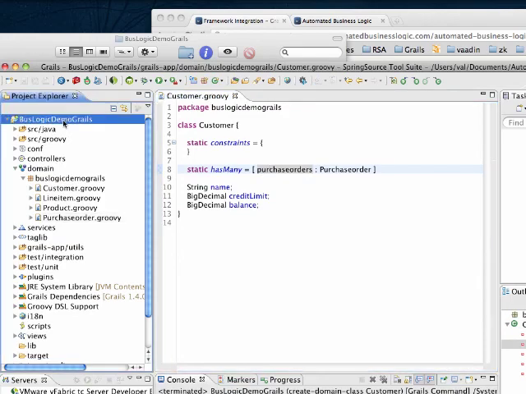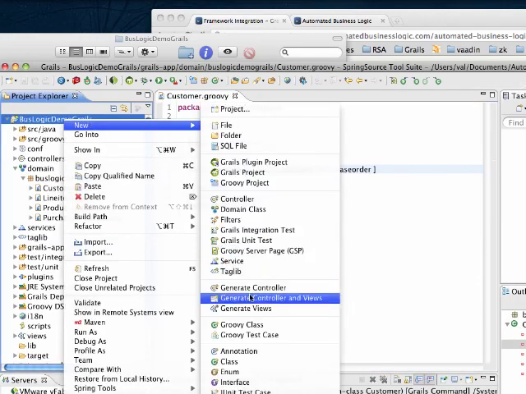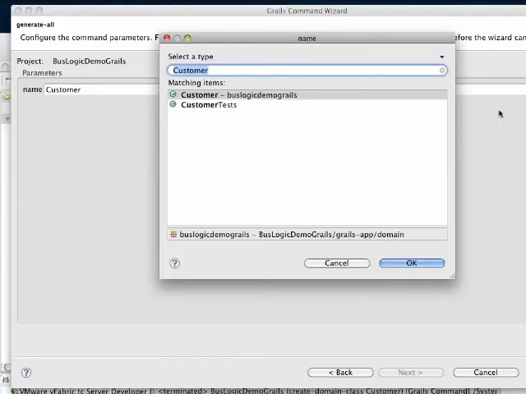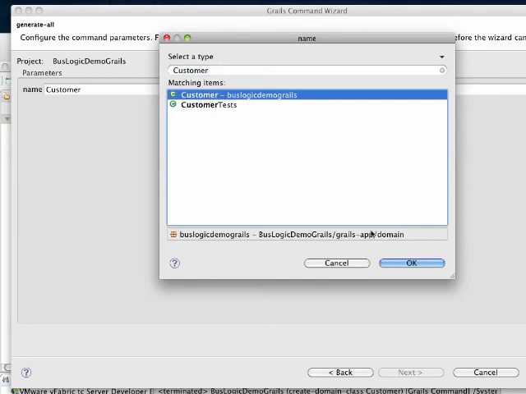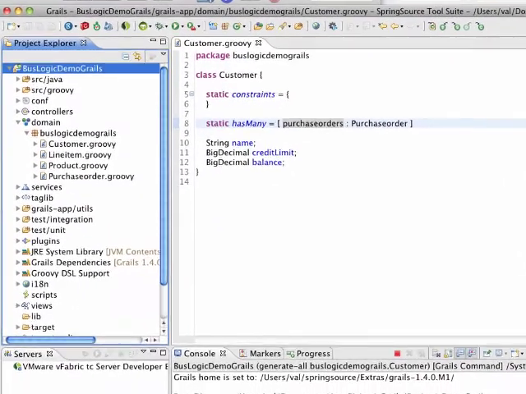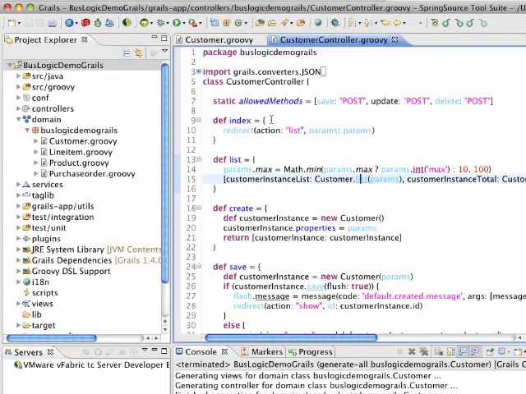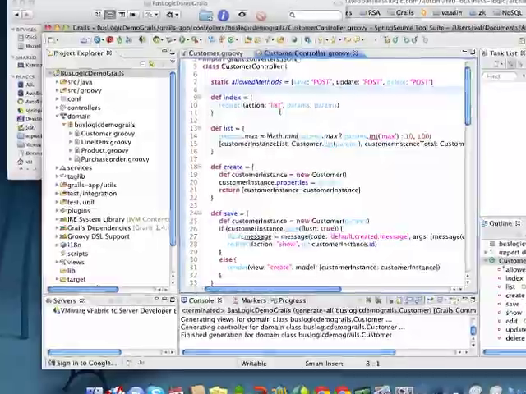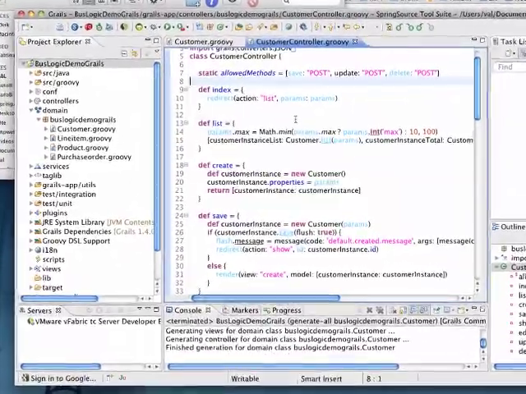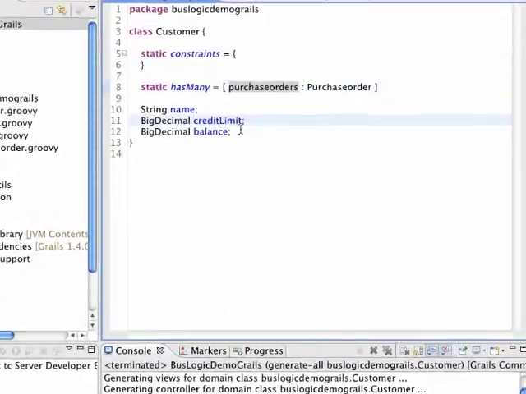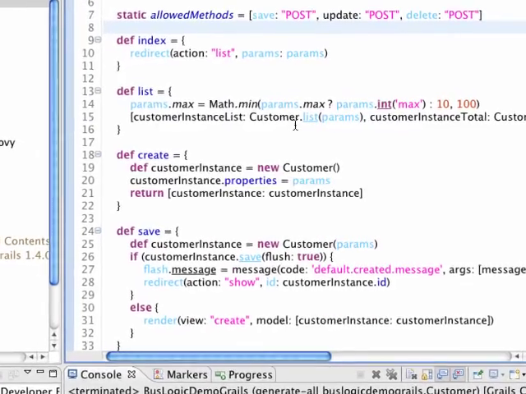Now all you need to do is create a new controller and views. You have to tell it what domain object you're after. And it cooks for a moment, so I'll pause. So at this point, it's created a controller. This is the Groovy file that deals with screen gestures and makes calls on the model and computes the next view to present. One thing we might notice is if we look at customer, it doesn't have methods like save and so forth. Yet, if we look at this code here,